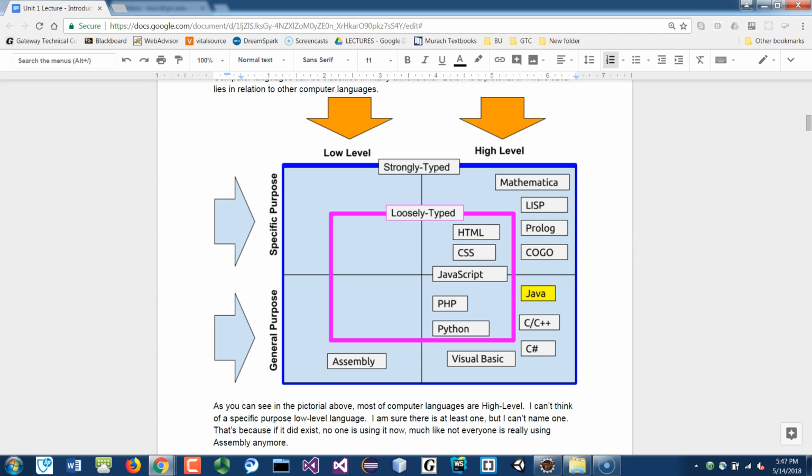And then we have the strongly typed and loosely typed. The strongly typed would be everything in the blue box here, and the one in the pink or purple box here would be the loosely typed. What that means is that when you declare a variable,